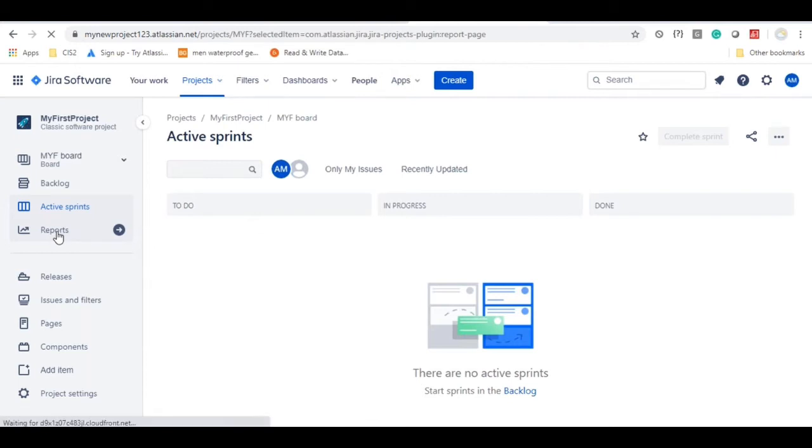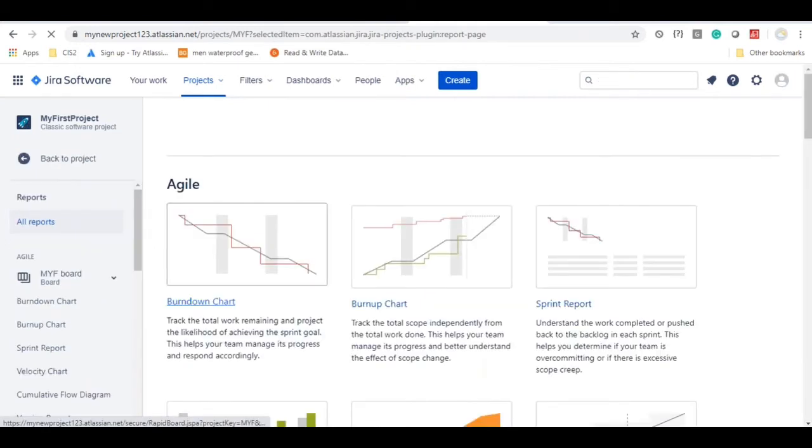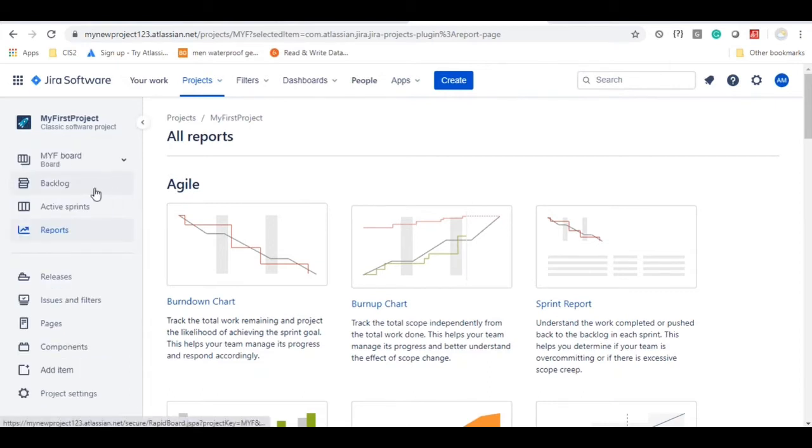Next, reports. This is for management purposes. You can create different types of reports here. You can see the sprint progress like the burn down chart or sprint report, etc. The burn down chart is going to give you the exact information on how the development work is going on, so is it going as per the plan, or is it going in a different way, so that you can check it out. And the sprint report at the end we can generate, and we can see in total how much was estimated, how much time it took, and how many user stories are completed, how many are not completed. So you will be getting a detailed report there. Now I'm going to start with the backlog part.